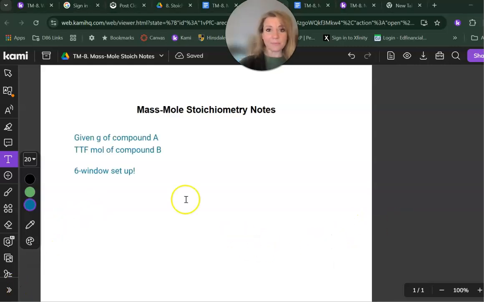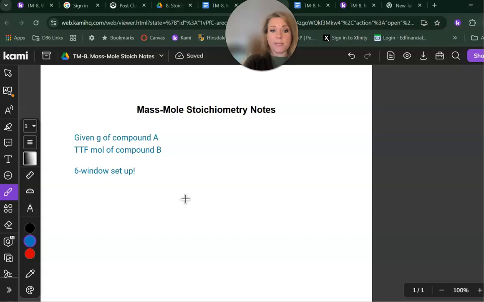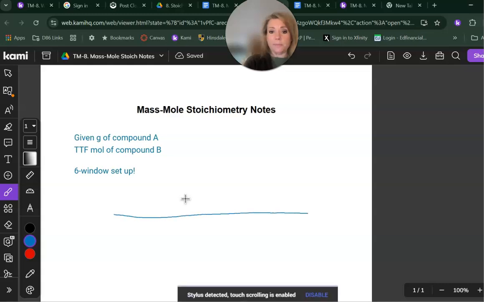So once again, we are changing from one compound to another, and therefore we have to use a 6-window setup. The other thing that I want to mention is that there's one little twist between solving mass mole problems that's a little bit different from solving mole mass, and that is the placement of the mole ratio. So if I draw a 6-window setup, like so,